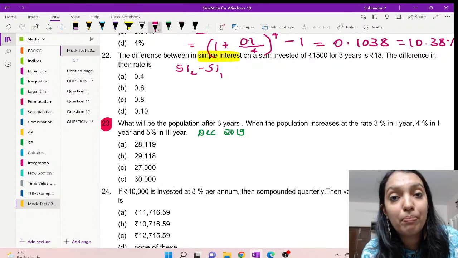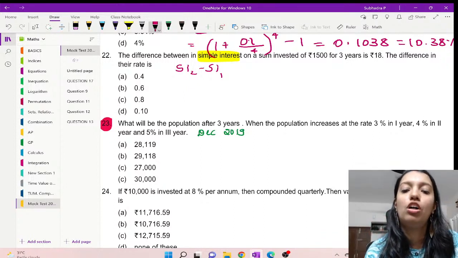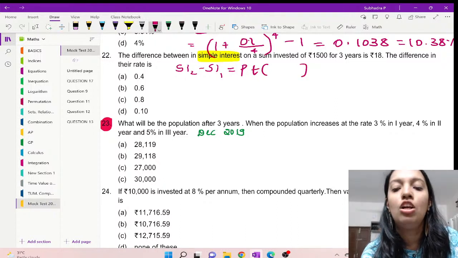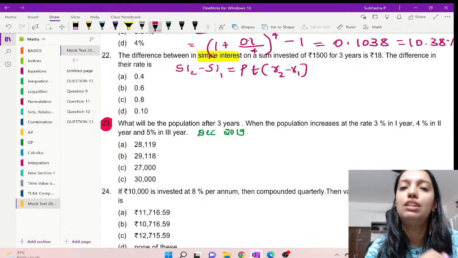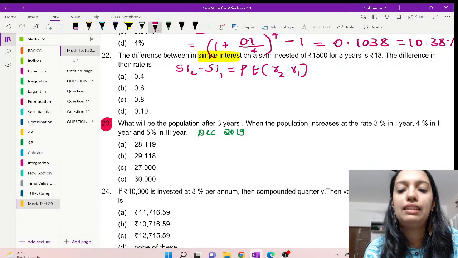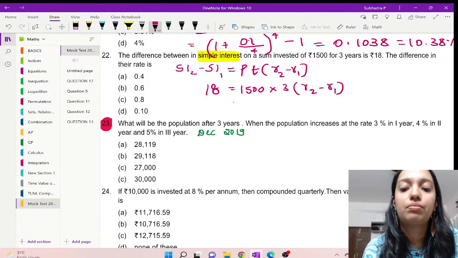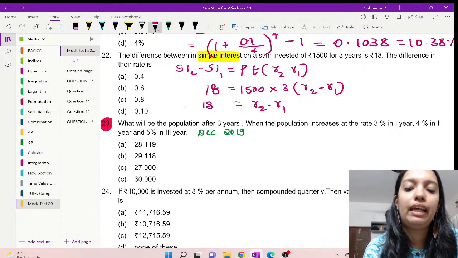We can directly use the simple interest formula. What is the simple interest formula? PTR. So the difference between two simple interests will also be PTR. They have told here there is a difference between the rates, so take R2 minus R1. In place of R, take the difference, R2 minus R1. Have they given the difference? Yes, 18 rupees. P, they have given 1500. T, they have given 3 years. R2 minus R1 is what you have to find. Take it to the left hand side. R2 minus R1 is equal to 18 divided by,